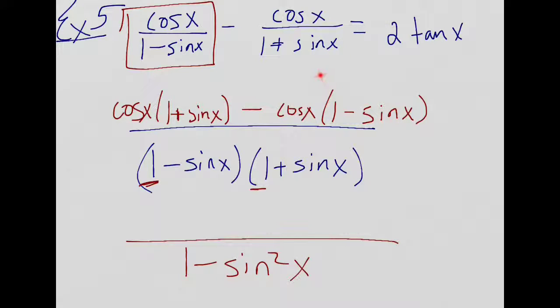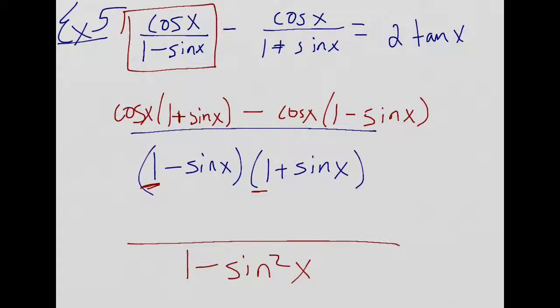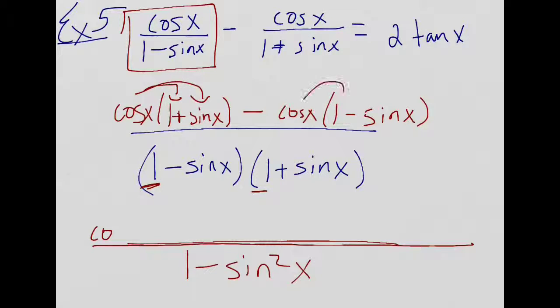Alright, this bottom's 1 plus sine x. So to get the common denominator here, I have to multiply it by 1 minus sine x. So I have to multiply the top by 1 minus sine x. Alright, so we got time. I am going to have to distribute the cosines out. So that's going to give me cosine x plus